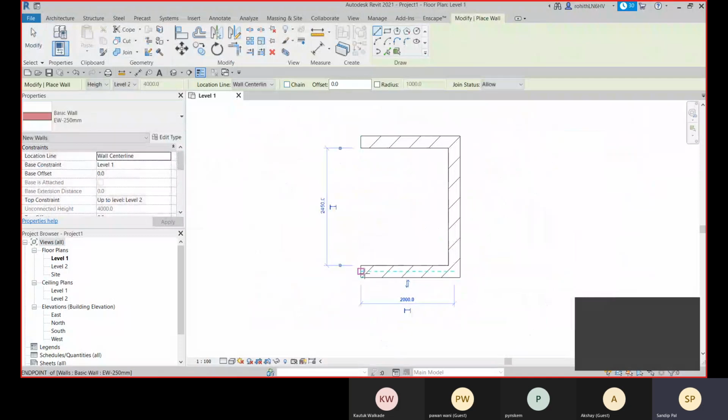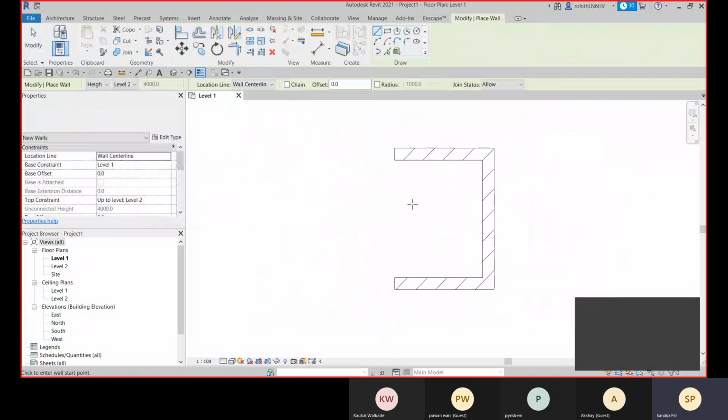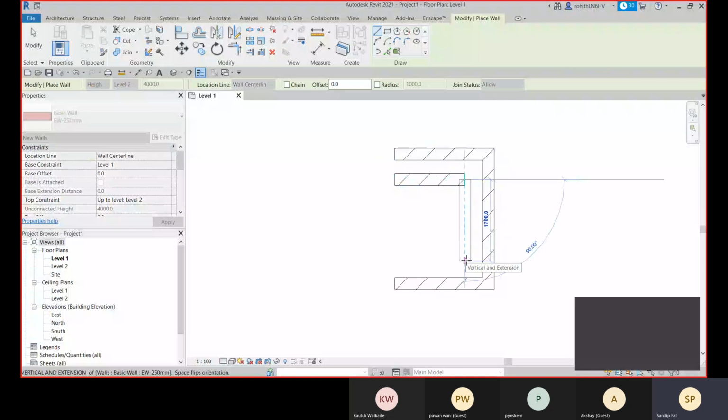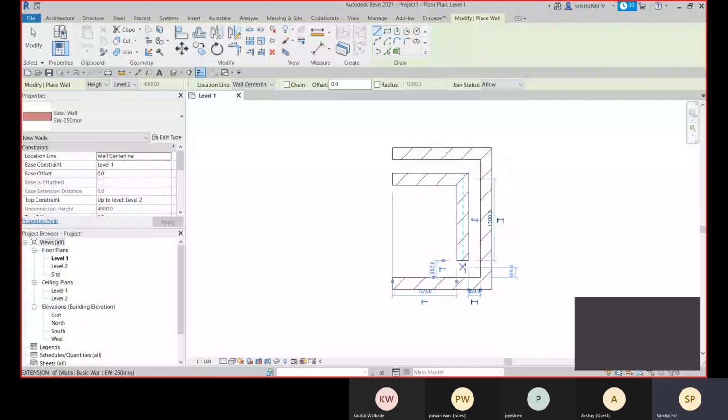let me click here. Here you can see that I have to click again, it doesn't continue. Let me create it again. When I end one segment, it doesn't continue from that segment. So if I click again, it will create again, and after the end of the segment it doesn't continue, so it doesn't create like a chain. So we need to click on this chain option to create continually.